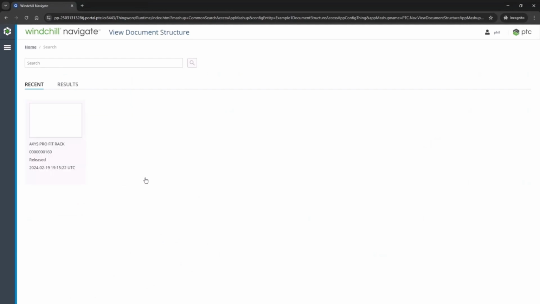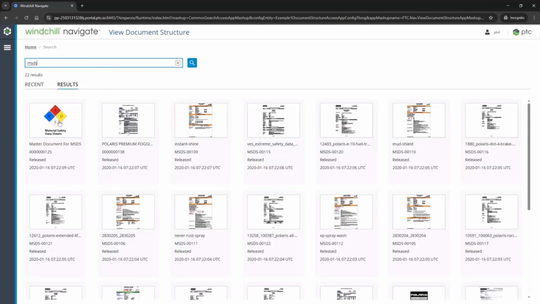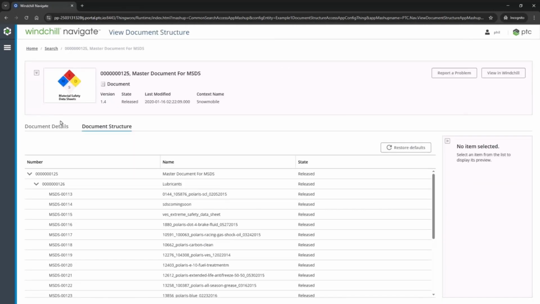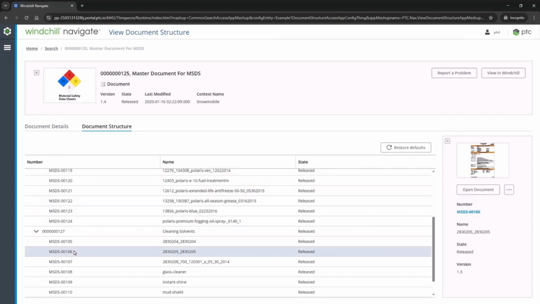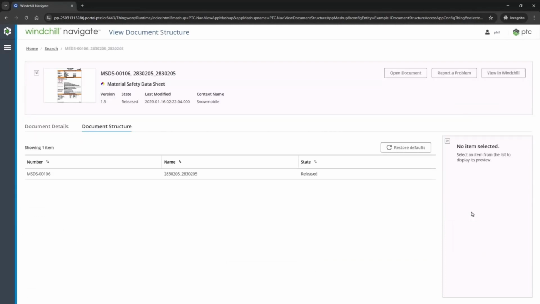Coming back to the Navigate home screen, we'll take a look at the View Document Structure app. With the View Document Structure, this allows us to look at something similar to a part structure, but instead, shocking, for documents. In this case, we have some material safety data sheets, and we've made a top-level document as the overall holder for these. Under each of them, we have individual documents and sheets for the materials and what safety protocols apply to them. This shows how documents are related and then allows users from the Windchill side to create